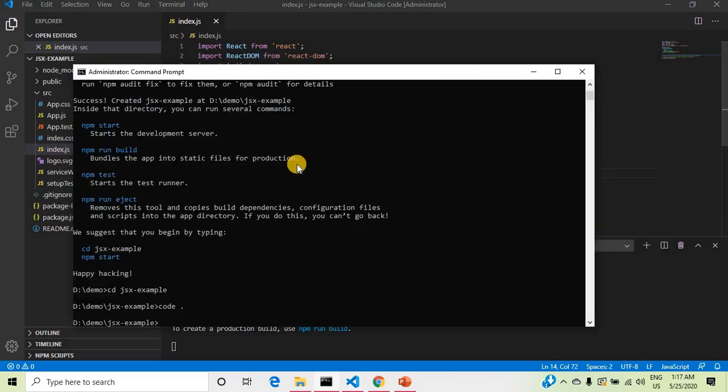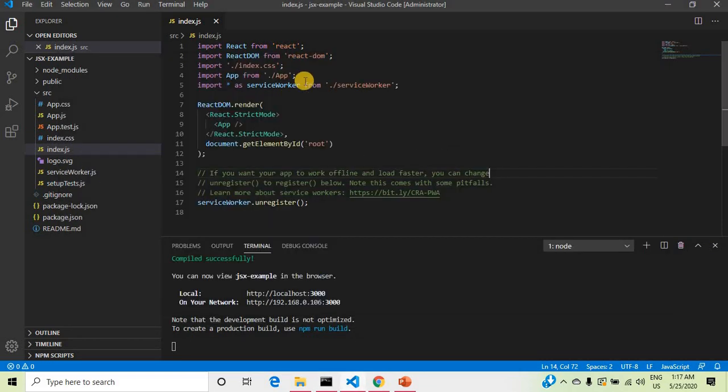Here you can see the simple application created using the npm create react app command. So in which, if you want to use the JSX syntax,